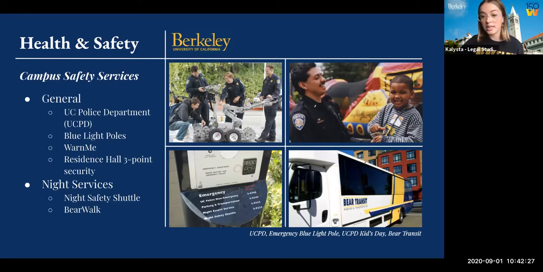I definitely used it whenever I was studying with my friends who lived in a different dorm than me. I would take the night safety shuttle home, which was super, super helpful, as well as Bear Walk, where students are employed as Bear walkers. They're trained by the UCPD, and they will send someone to walk you home from anywhere on campus at nighttime, which is really helpful as well.